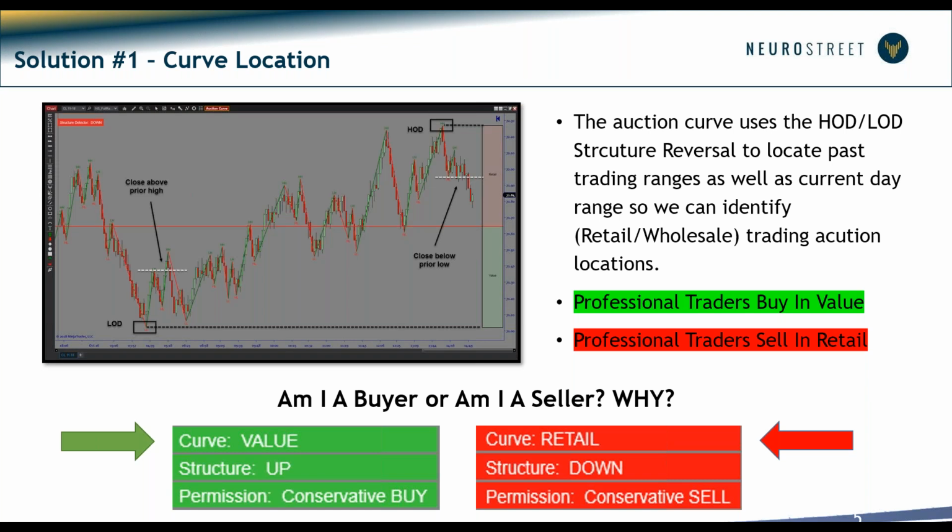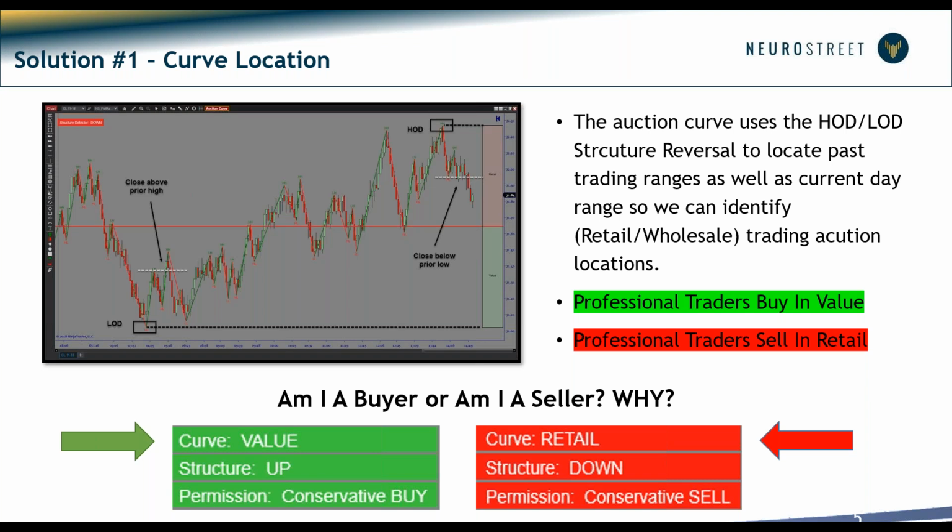This is a good thing for you to learn: retail and value location. It's a really powerful tool because it doesn't matter if you trade our strategies or if you trade Fibonacci, supply or demand. If you're an options trader looking at options change, you should still know whether or not you're in retail or value based off the auction. Super critical. Okay, professionals buy at cheap prices and they sell at expensive. And this answers the question, am I a buyer or am I a seller? If you do not know that, you're at a serious disadvantage.